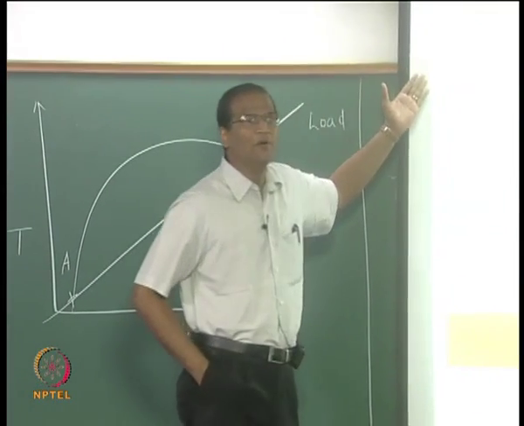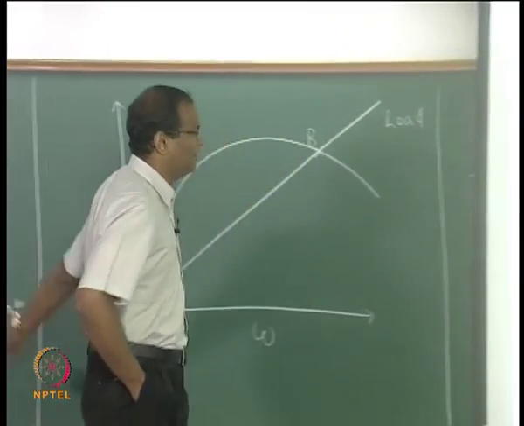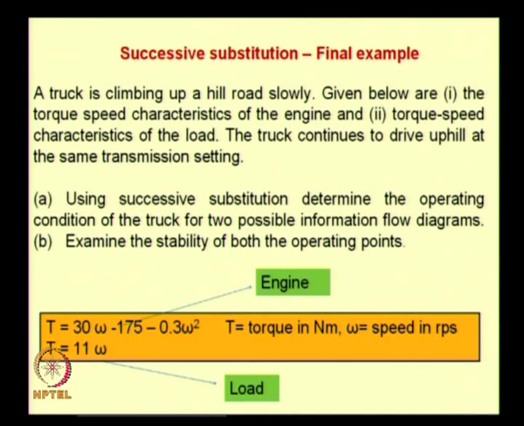So for people who came late, this is the problem. I have given both the equations. So one is a quadratic, I don't want you to make the whole problem silly like substituting for t here and solving it as a quadratic. That can be used for checking, but basically I told you this is successive substitution. From one equation you input omega, get t, from t you again get omega until it converges, because this is a methodology I am teaching you which will help you to handle multi component systems, alright.